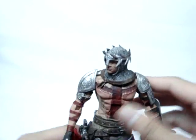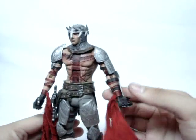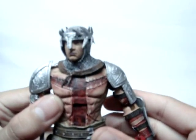So onto the detail of the figure. This is just an amazingly detailed figure. So you can see he does have the...